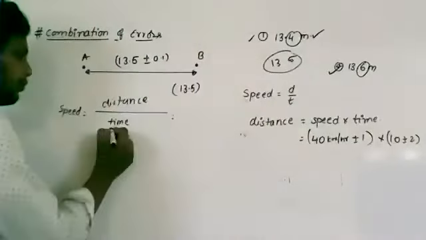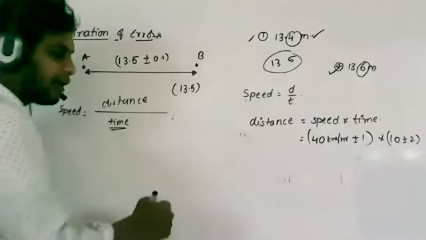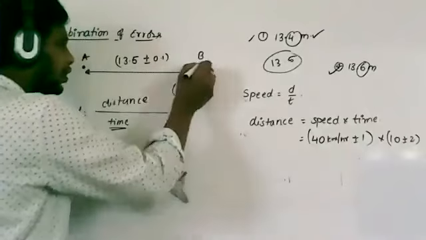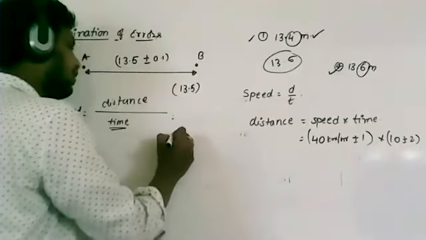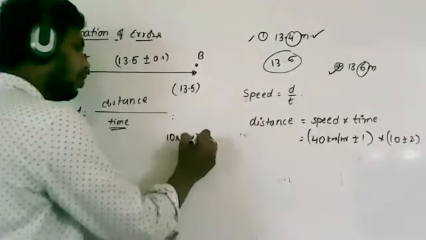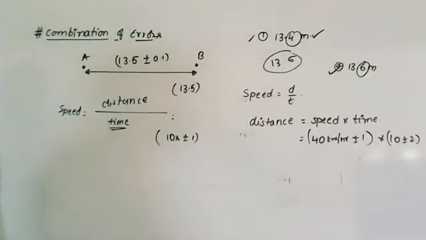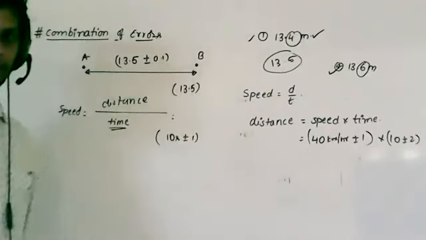In the same way, you measure the time. Now, you didn't exactly measure the time. Let us say you measure the time from here to here as 10 seconds, but it is not exact. So plus or minus 1, which means 1 second may be above, 1 second may be below. So these are the errors. Now, if